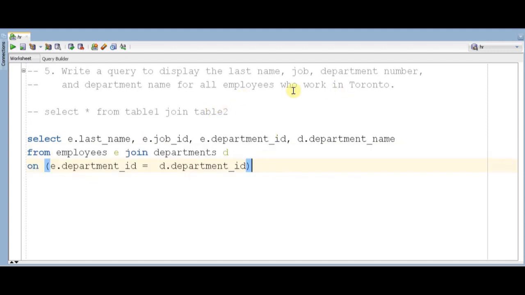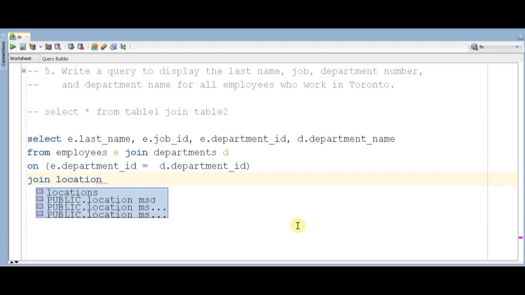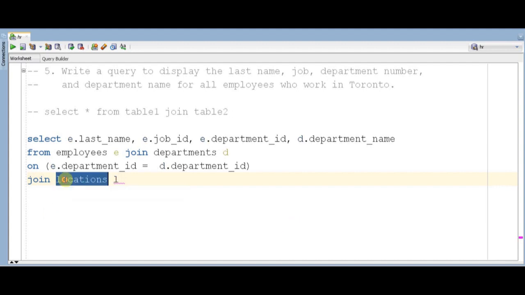But then there is one more condition for all employees who work in Toronto. So we need the location information from locations table. So let's join one more table, locations, to this. Again use the join keyword. Join table name is locations, aliasing it as L. Join locations L